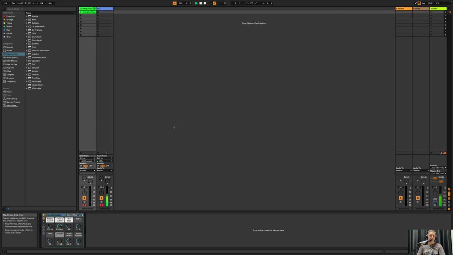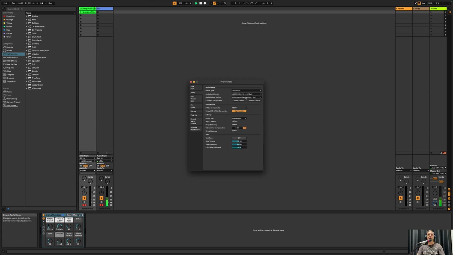Now you want to go into your DAW and you want to select your multi-output device as your output, and you can use whatever you want for your input, but probably,